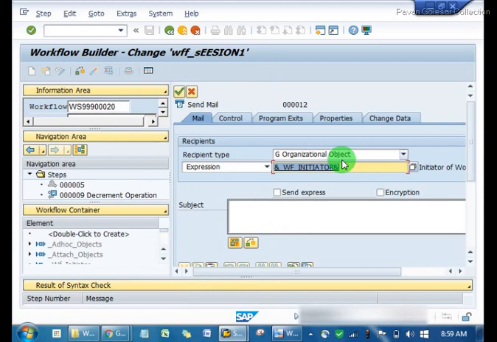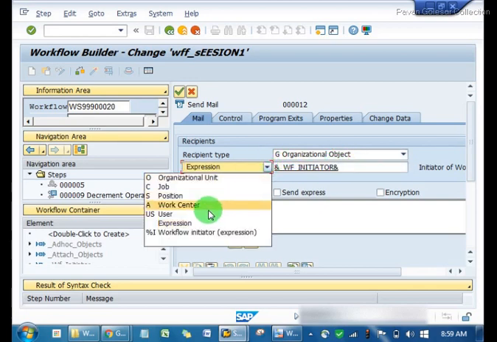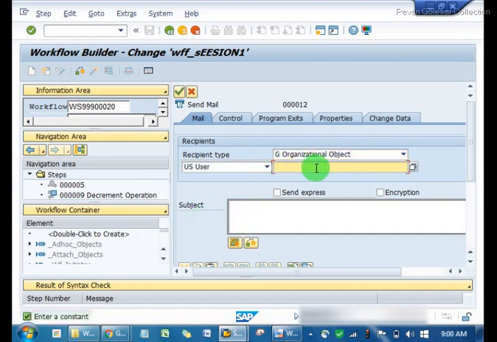The person who triggers the workflow is called the workflow initiator. By default, if I test it, I'll be the initiator. There are also n number of scenarios, like a particular user. Let's suppose I want the workflow to be triggered only when Pawan ji user executes it, only when I'm logging in with this user.